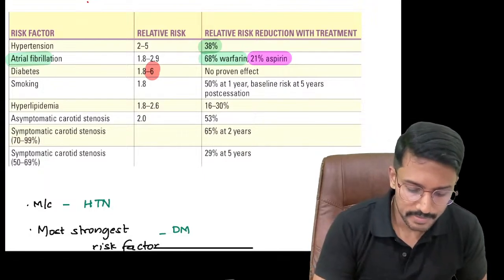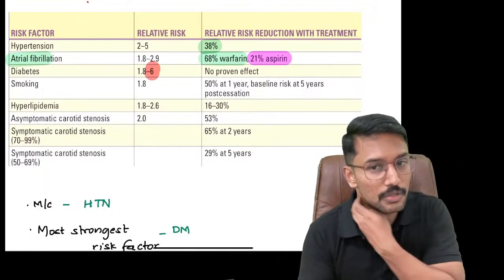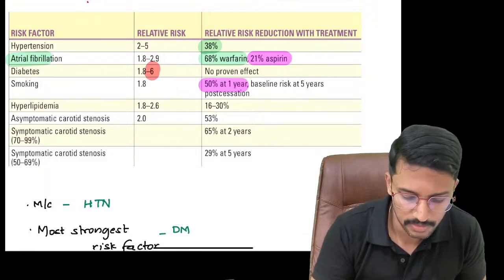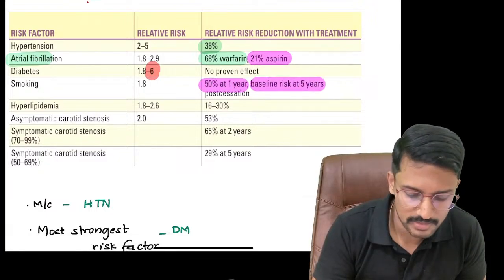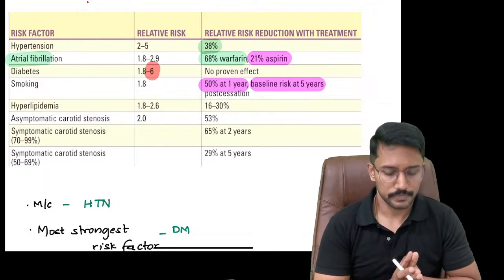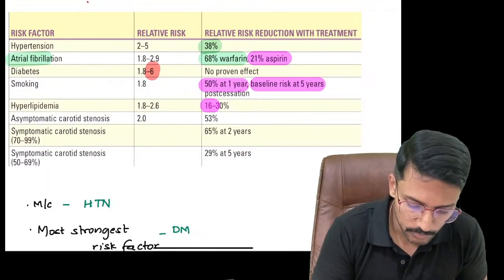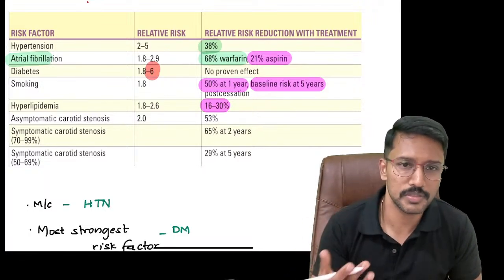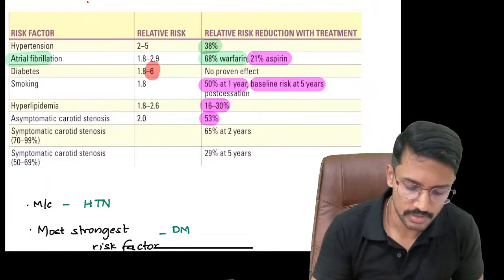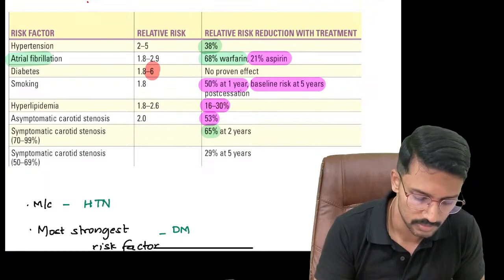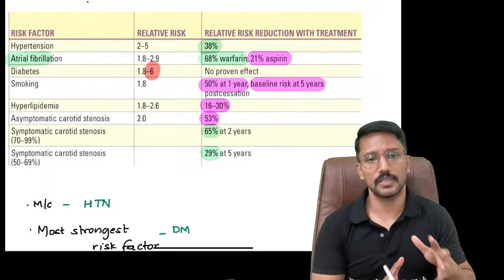Okay. And if I ask the patient to abstain from smoking, if he quits, there is a 50% reduction in 1 year, and he is back to baseline risk 5 years after stopping smoking. And then if I treat someone's dyslipidemia with statins and fibrates, I can achieve up to 30% risk reduction. Carotid stenosis, if treated, will give me a risk reduction of 53%, 65%, depending on whether the stenosis is